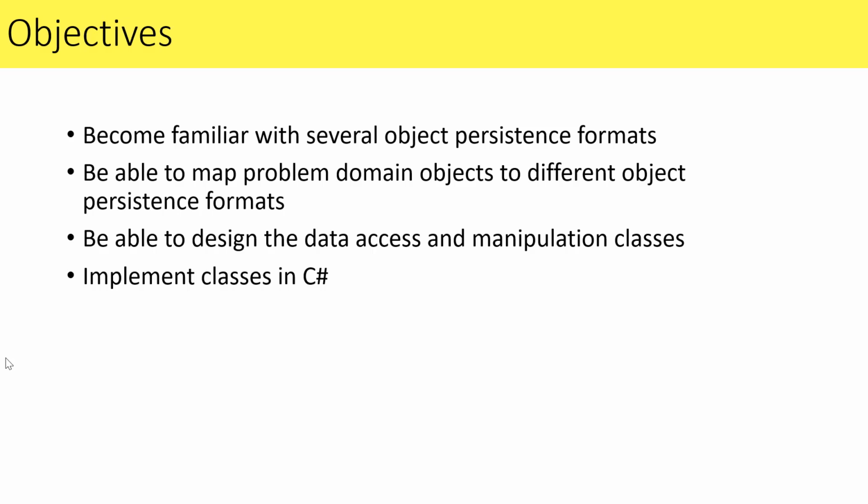How do we map the attributes of an object, or attribute values of an object, into a database or a file? How do we map the operations or methods of an object into a database or an object persistence environment? So also for this matter,